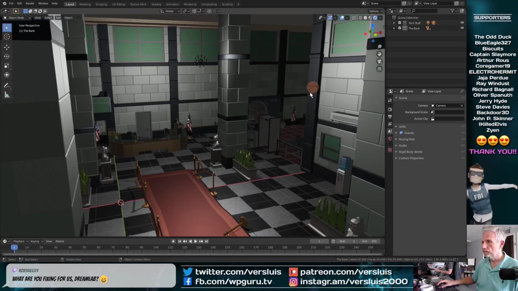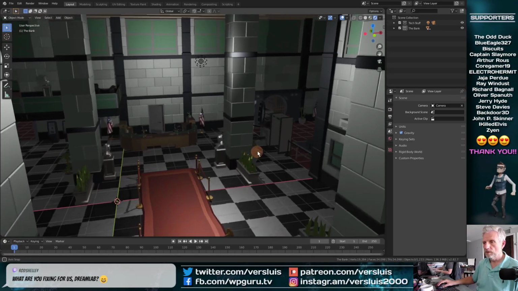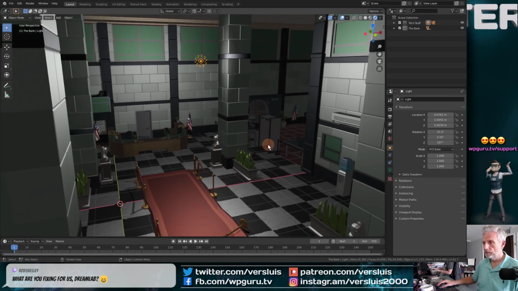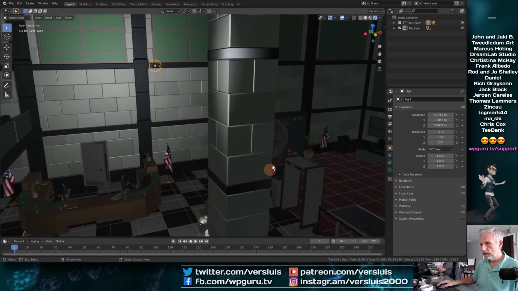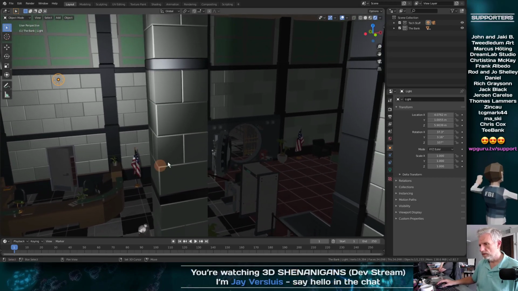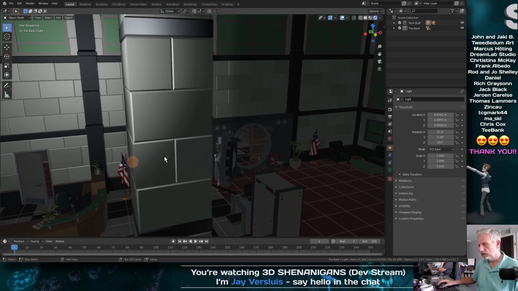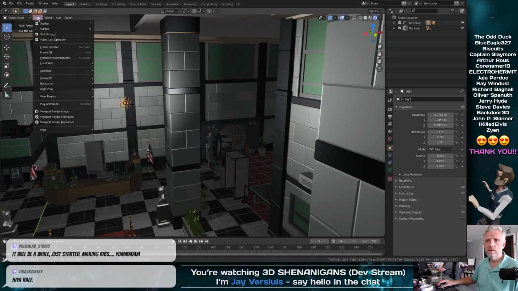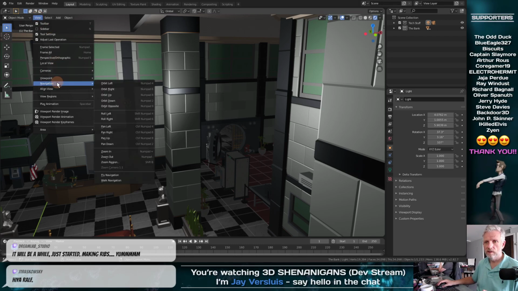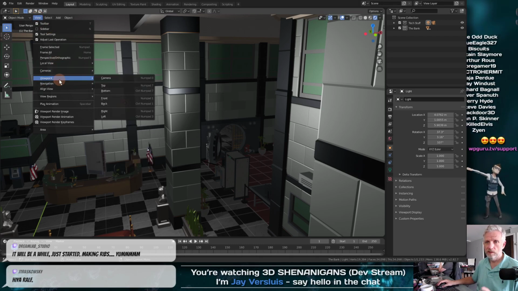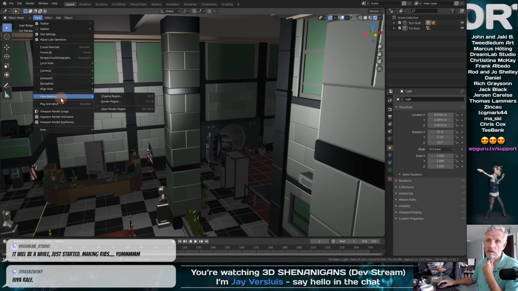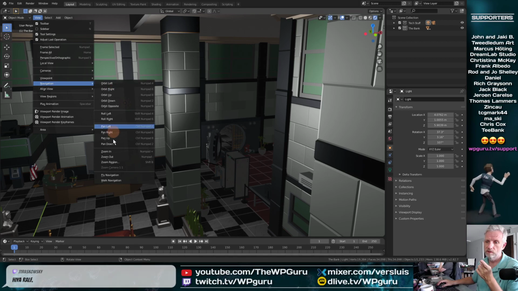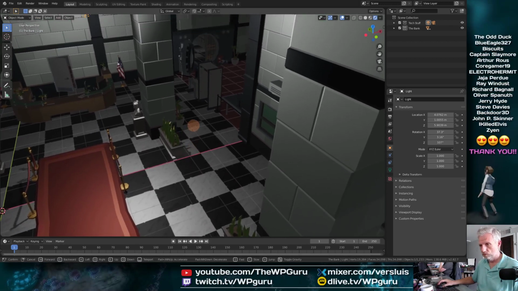What does that look like rendered? With Eevee, not so bad. So this is with the default Blender light. There's nothing else in here. So we're probably going to have to go and do some HDRI magic on the outside. I'm also going to perhaps see if I can walk inside this. How did that work? Under, come on, navigation. Is it? Navigation, walk animation. Perfect. Let's do walk animation.